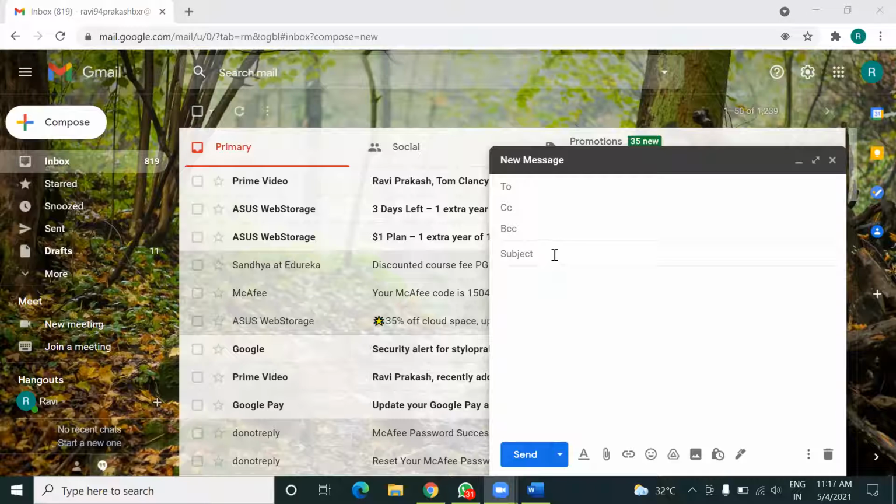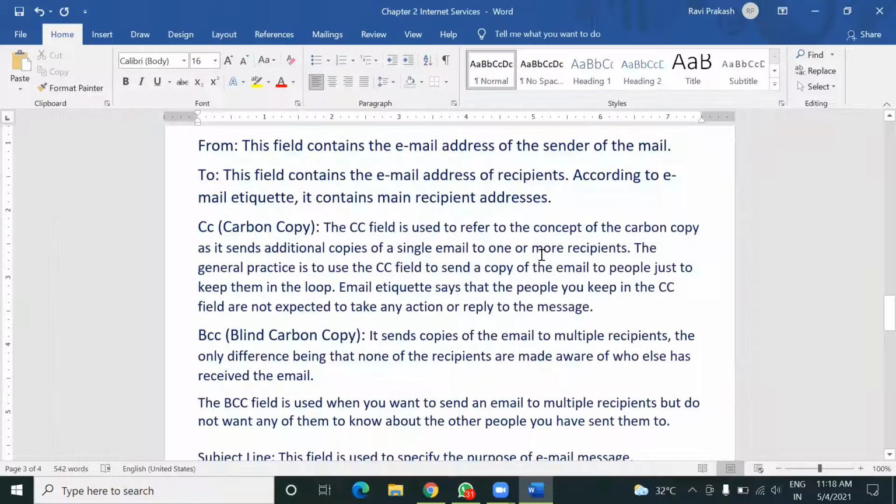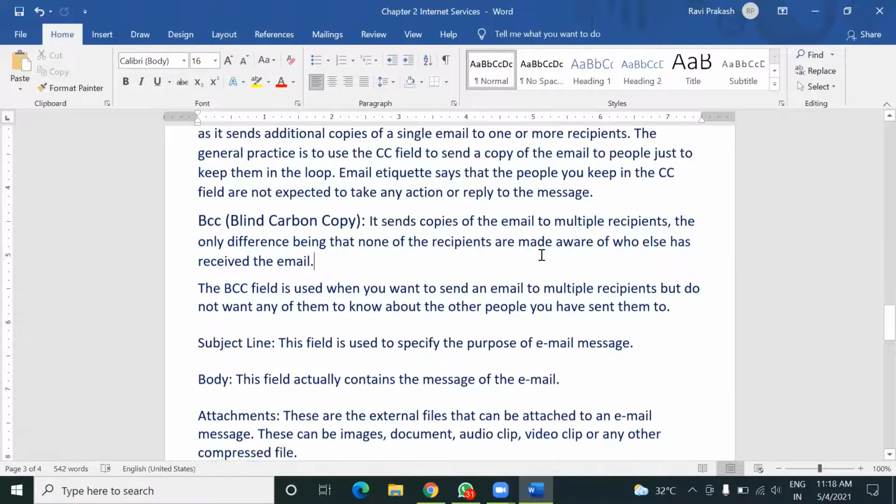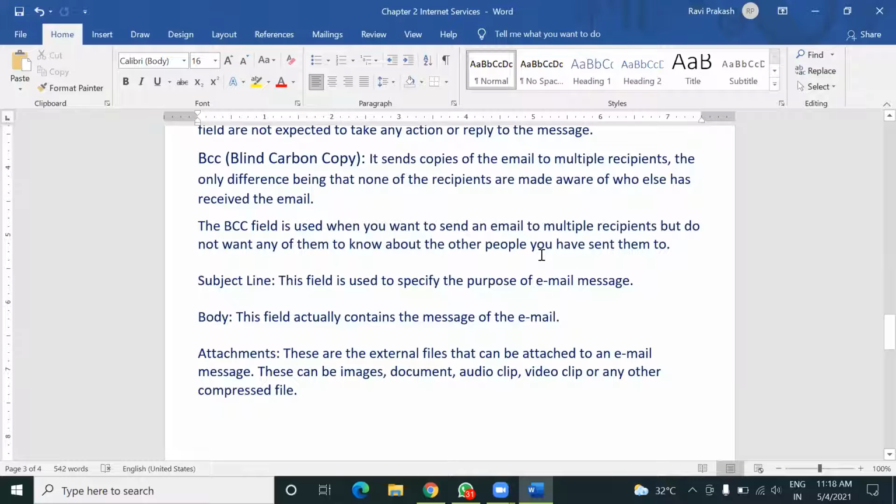Okay, next is your subject field. In the subject field, we can fill in the purpose of our email message. It is just like in an application, where we mention the subject of the application. In email, this same field is used for that purpose, the purpose for which we are writing the email message.